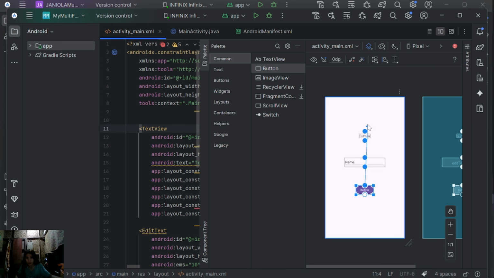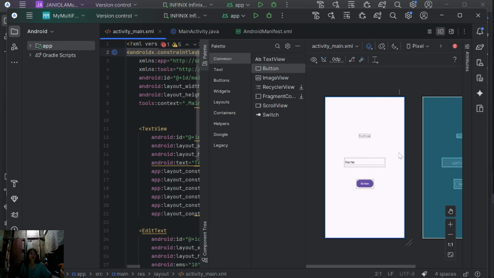Of course, we have to connect this one, the bottom. And of course, the right side. And of course, the left side. There you have it.